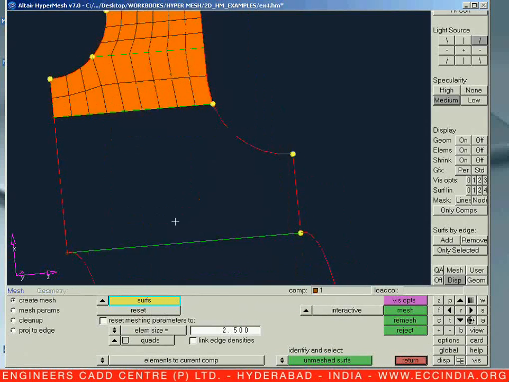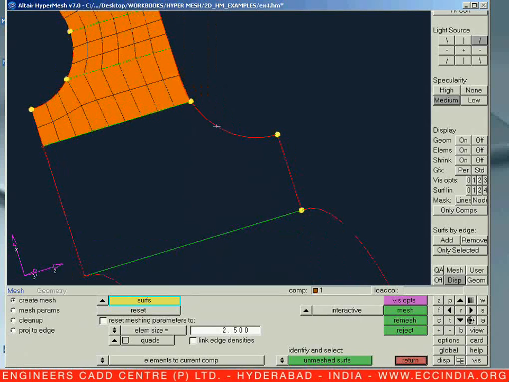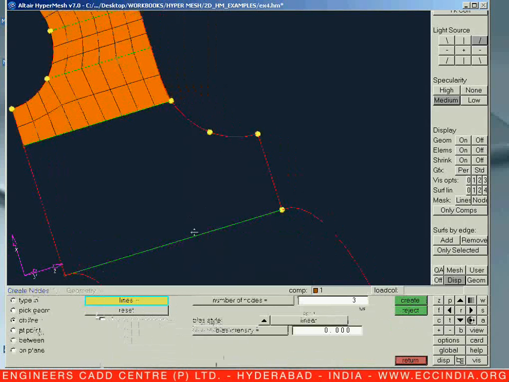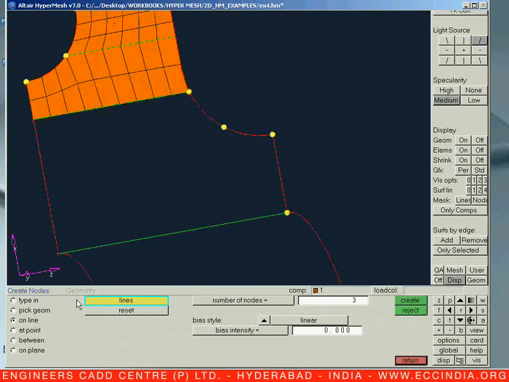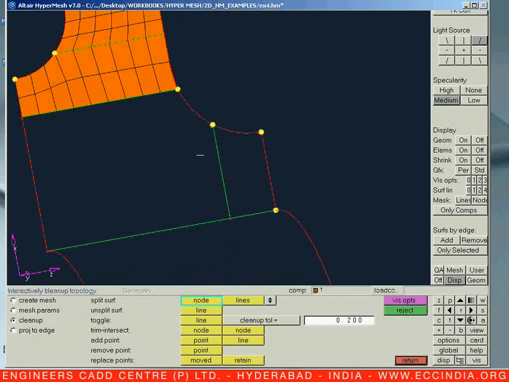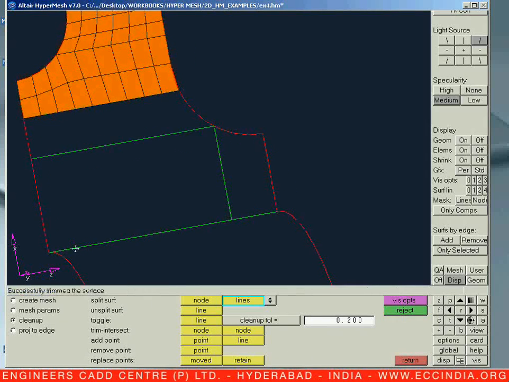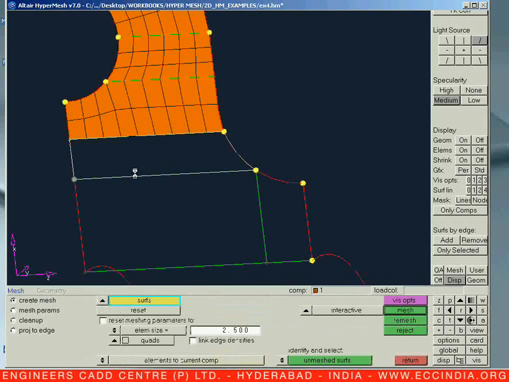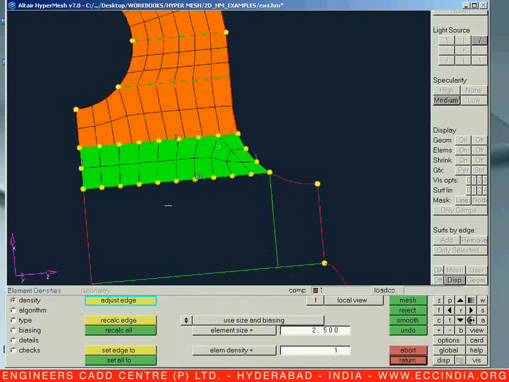So now let us go for the next thing, mesh over here. So again on this particular edge, F8, 3 nodes, let us keep it in this way. Let us go for F12, clean up, divide to the opposite line, and from this particular same node to the opposite line in a horizontal way. Now let us go for create mesh, select it, same mesh it. Now let us check it, 1, 2, 3, 4, 5, 6, 7, 8 and 9. So let us make it 9.